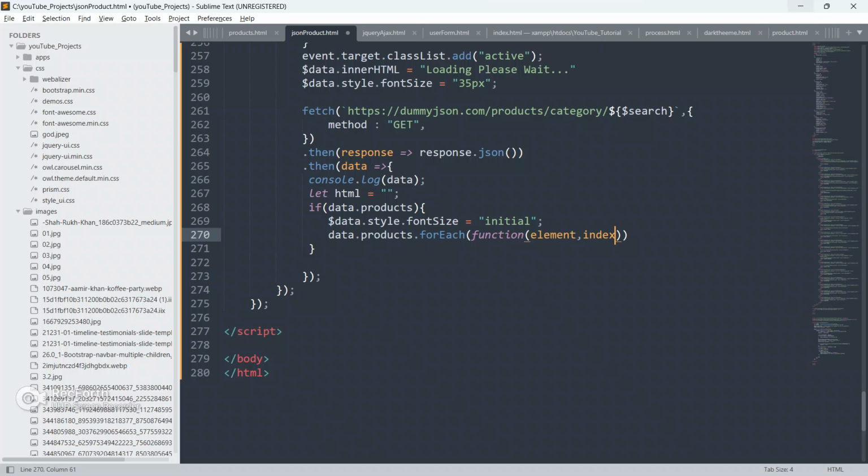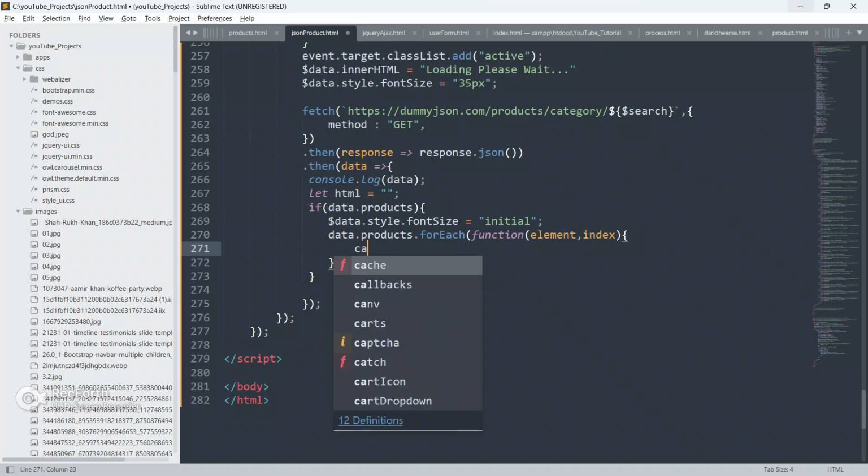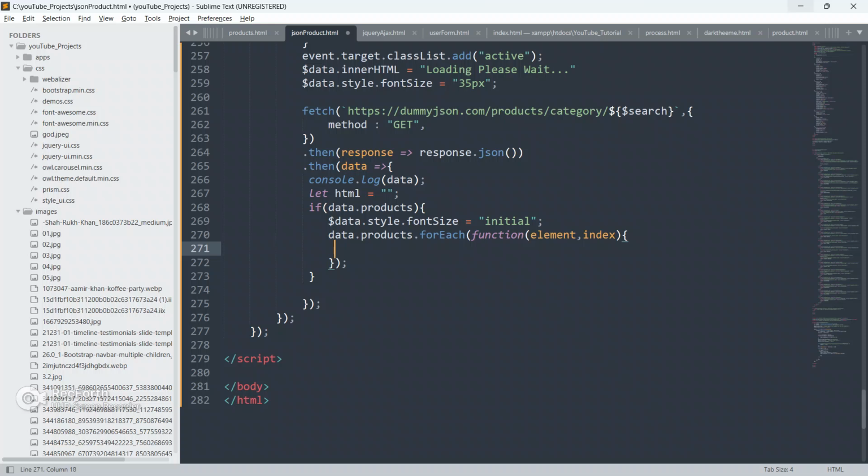The element parameter is a mandatory parameter, and the index is an optional parameter. Now close this. Now we are gonna grab all the things in a const.